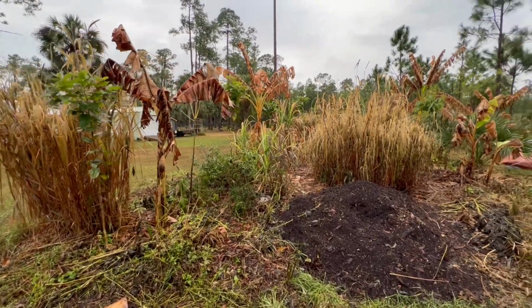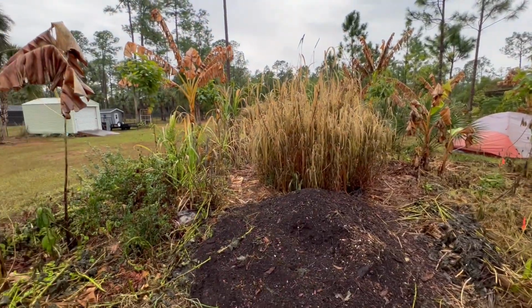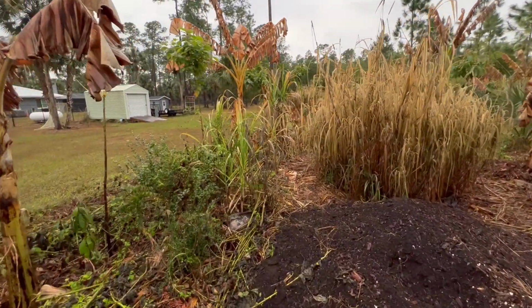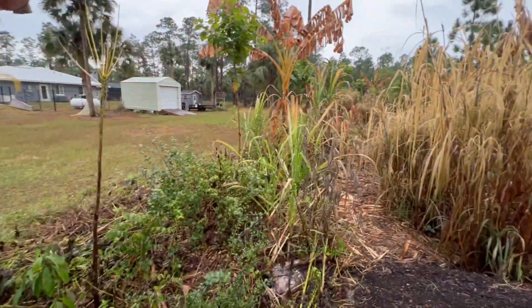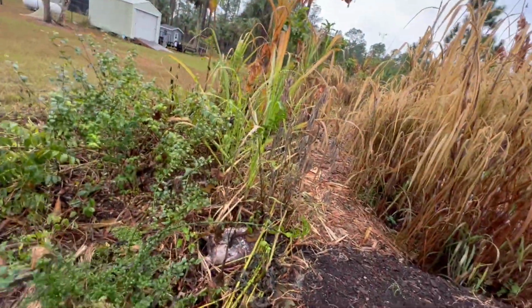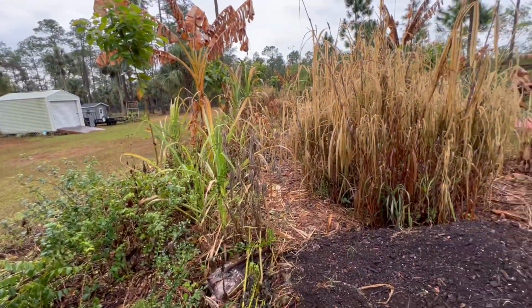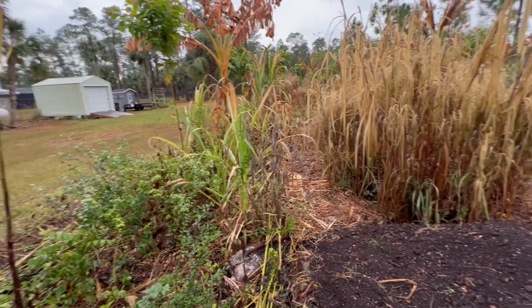All right, yeah, I'm gonna do a little video talking about the frost damage this year. It wasn't as bad as last year's, but still enough to torch a lot of things. I kind of want to talk about some observations I've made and plants that I think will suit this area better, and just kind of what I'm thinking going forward, because